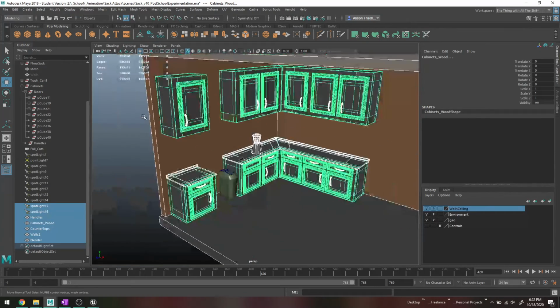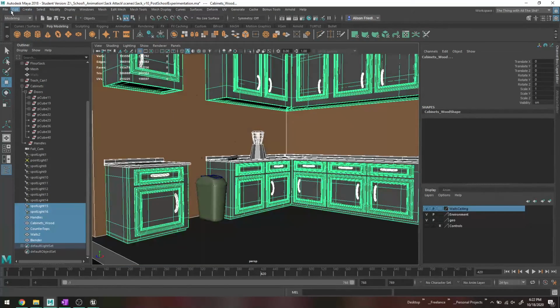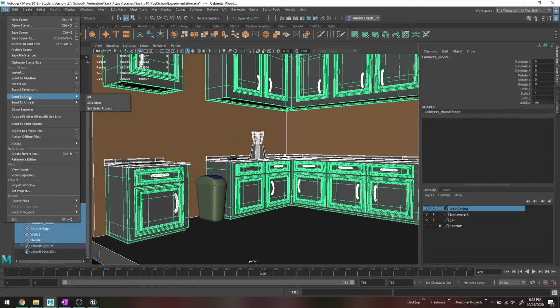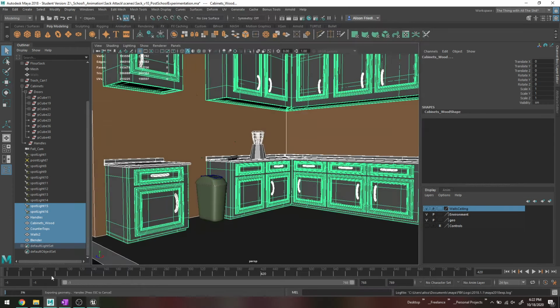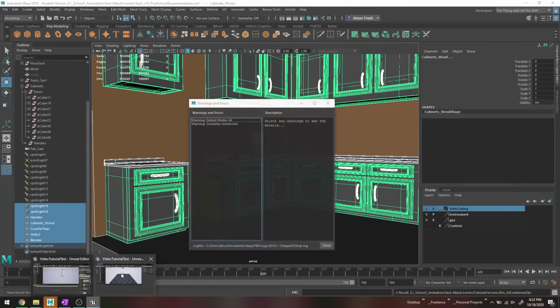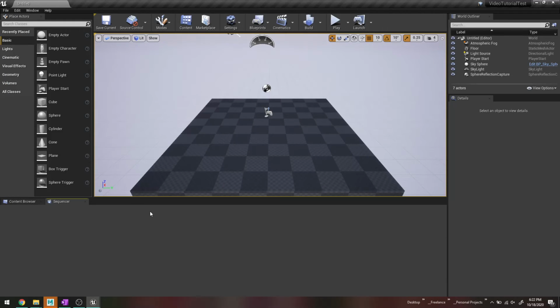And what I'm going to do is I will do the same FBX export that I did before. So I'm going to do export selection and all combined. And what this is going to do, when we hopefully pull this into an Unreal scene that hasn't exploded,